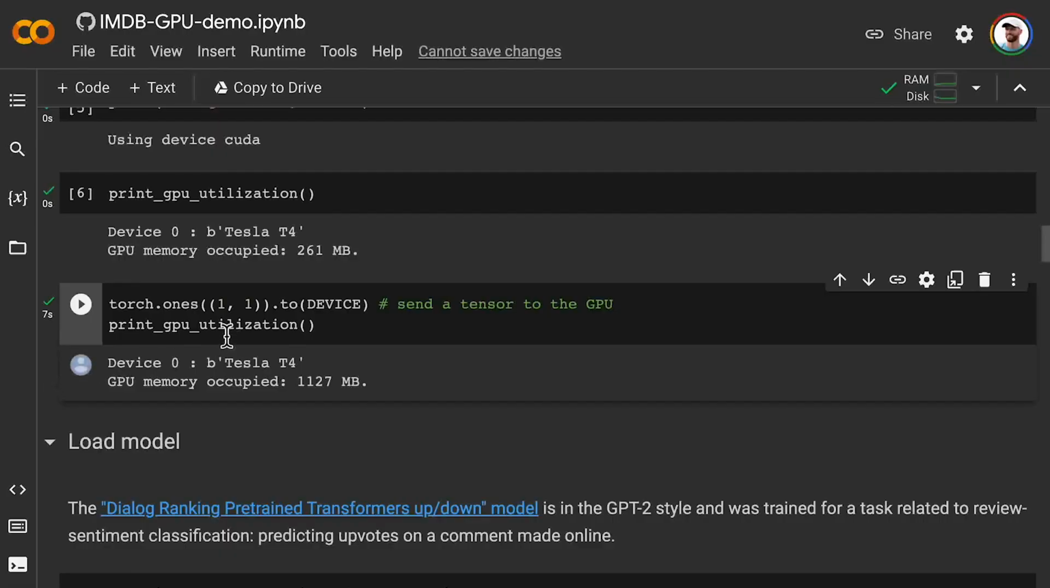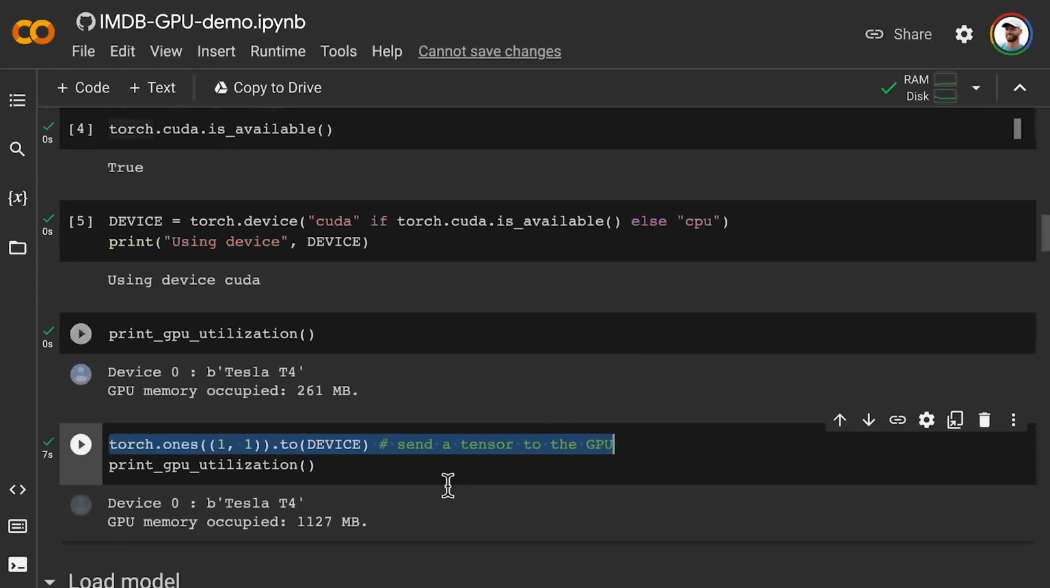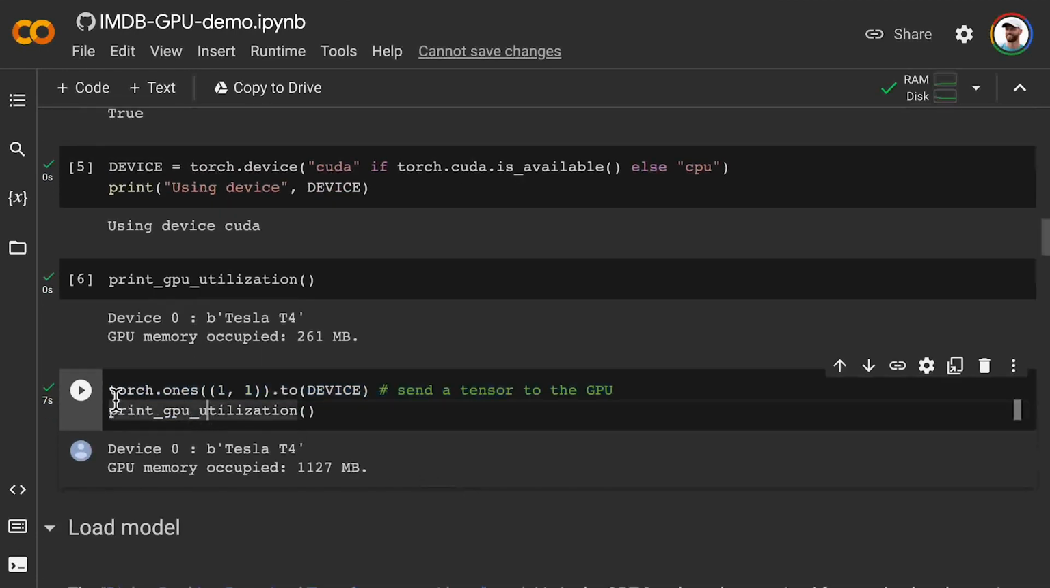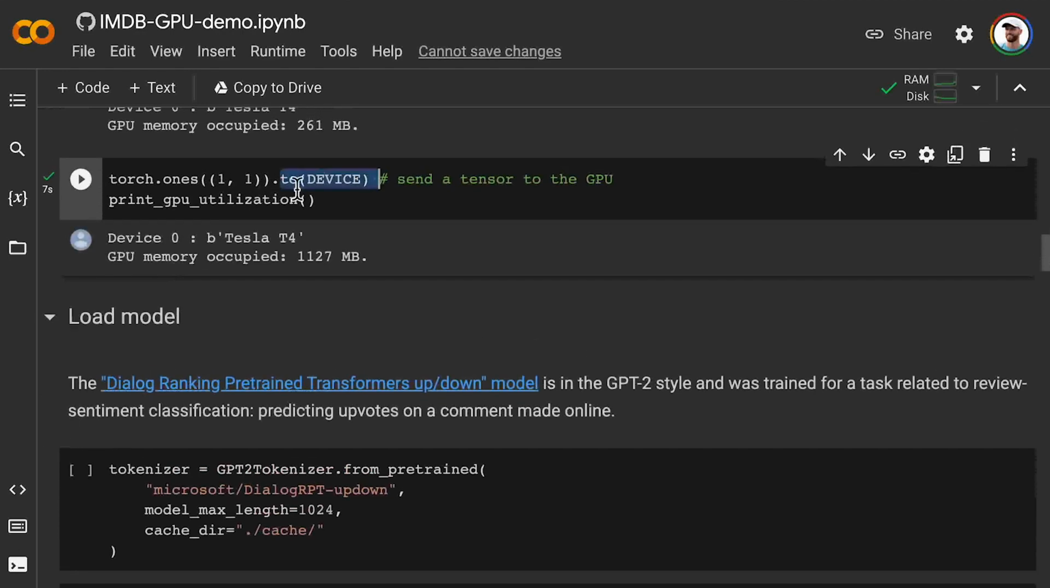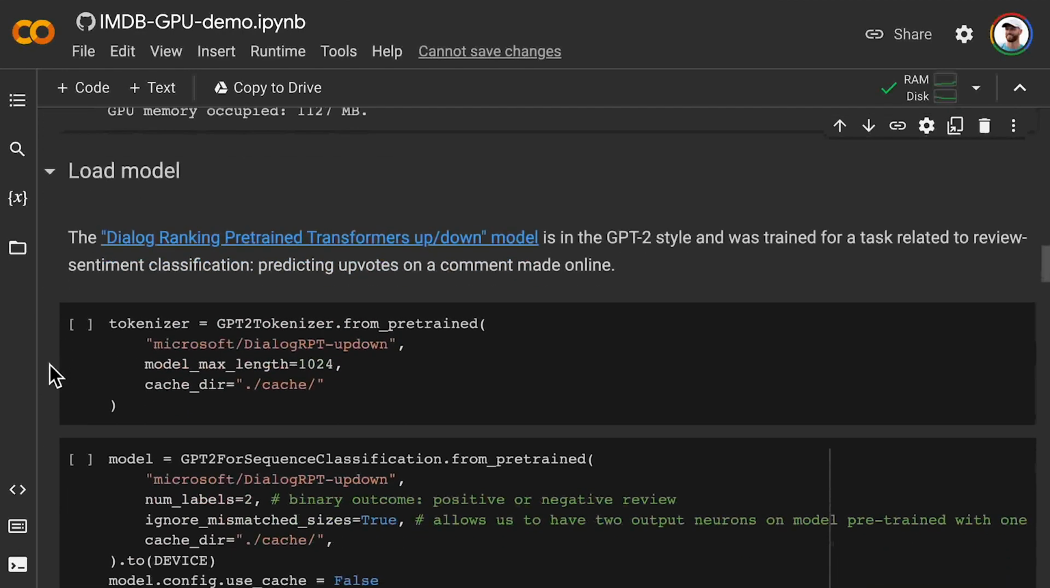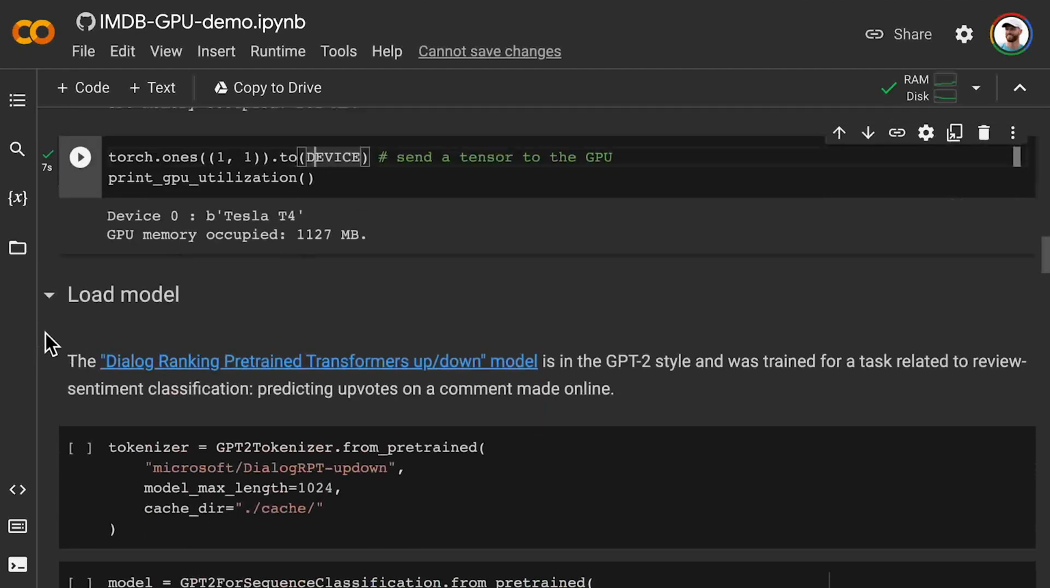So you can see here, just as a quick example of how we can send things to the device. Here we're just creating a really simple tensor of ones, and we're sending that to a device, and then we're seeing how that changes utilization rates. It's this to device that allows us to take advantage of the GPU. So you've got to include that in your PyTorch code, for example, when you want to be transferring